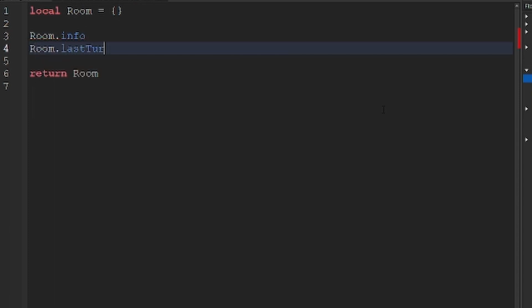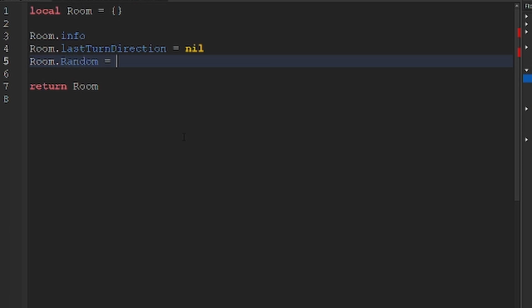last turn direction equals nil. And the reason we're going to have to add this is because if it turns right, we do not want it to turn right again, because then we'll be going in circles. So if it turns right, then we would then want it to turn left. So then